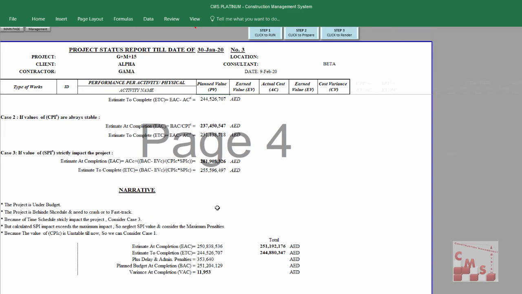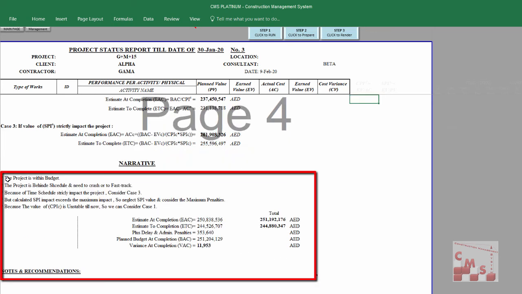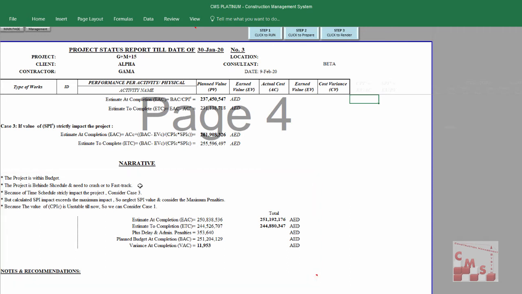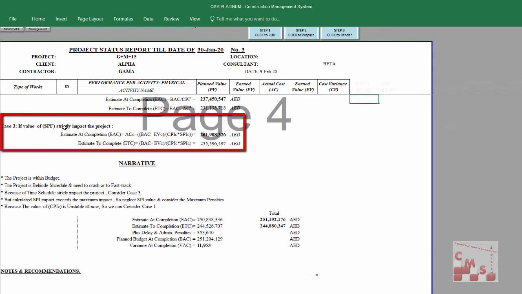At the end, CMS gives us a forecasting report, which tells us that the project is now within budget. The project is behind schedule and needs to crash or fast track. We have a minor delay on the schedule, but our SPI is 0.9. And it's telling us that because the time schedule strictly impacts the project, consider case 3, which is where SPI strictly impacts the project,